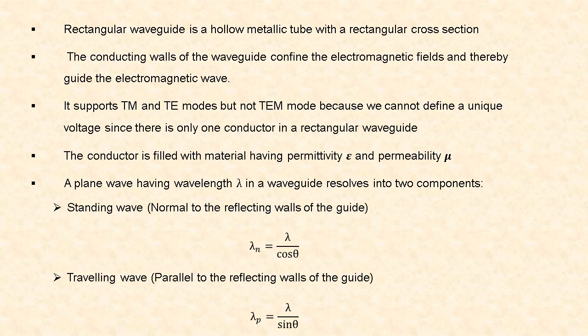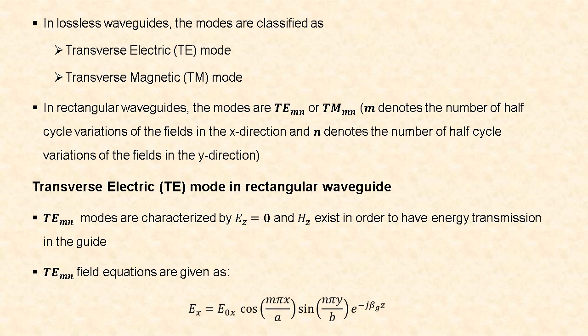Theta is the angle of incidence. In lossless waveguides, the modes are classified as transverse electric mode (TE mode) and transverse magnetic mode (TM mode). In rectangular waveguides, the modes are designated TE_mn or TM_mn. Here m denotes the number of half cycle variations or half waves of the electric and magnetic fields in the